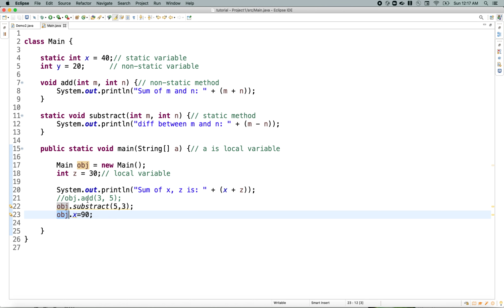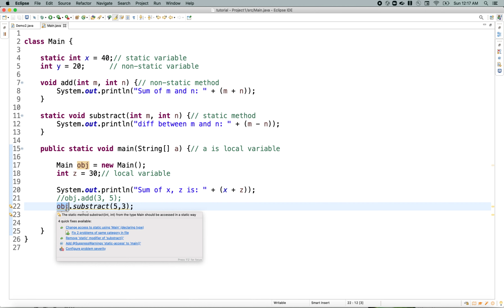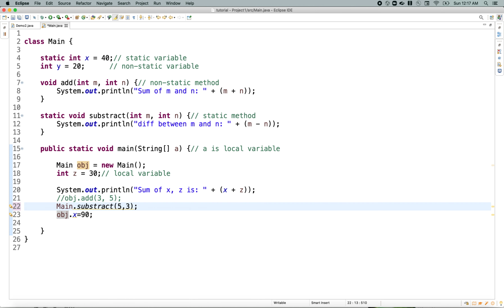You can also call this static variable or method using the class name. So I'm just using the class name, not the object. I'm directly calling the static members, variables or the method, using the class name, and I see there is no compiler error thrown, because you can access the static members using the class name, and this is the best preferred way to